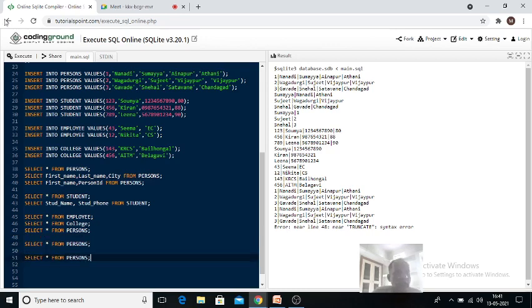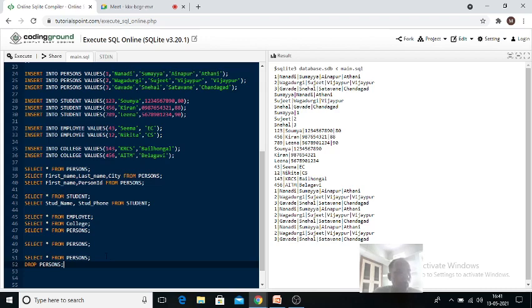Now I am going to execute it. See here, the values are there. This table exists because it is displaying the values now. Now I will execute the drop table. Drop persons.